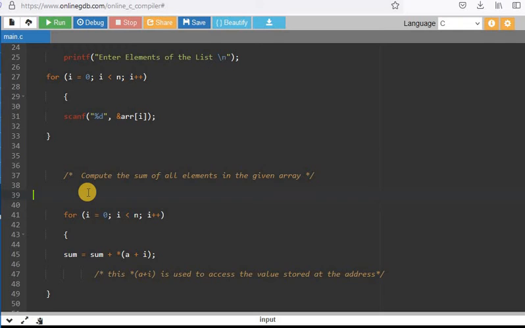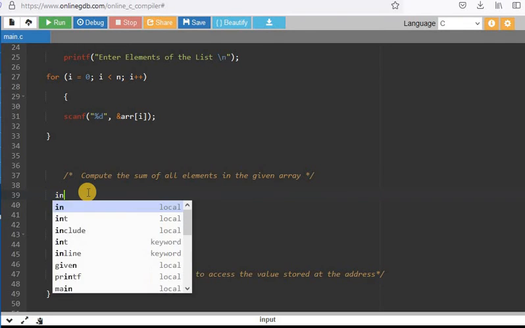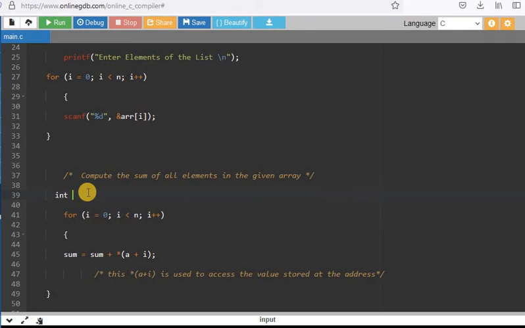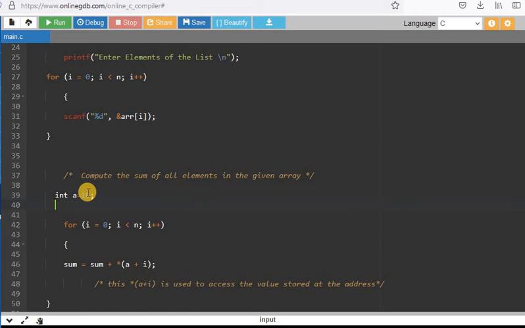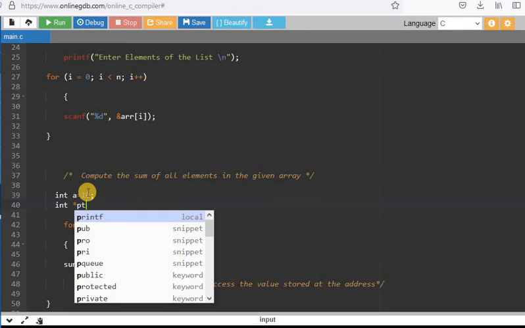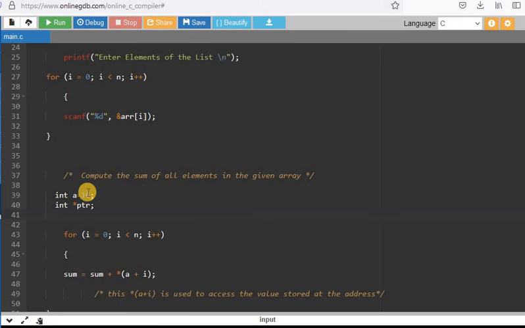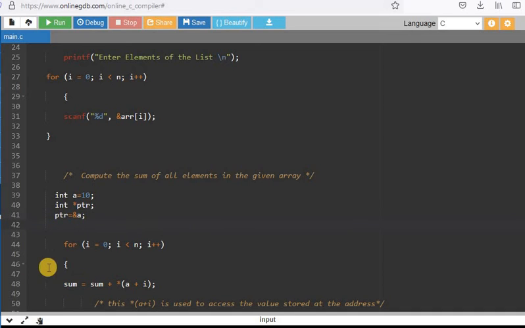Suppose I show it here. Suppose here int a is 10 semicolon. Now int star ptr is the pointer, and here I have assigned the address of variable a to ptr. Now if we print the value of ptr, it is nothing but the address of variable a, as we have seen in the previous practical.